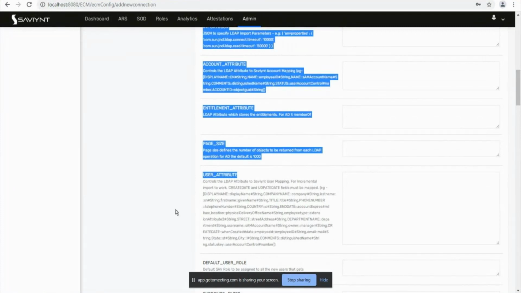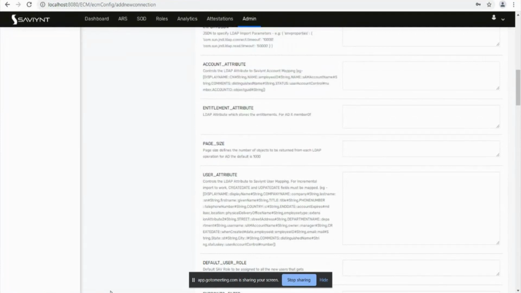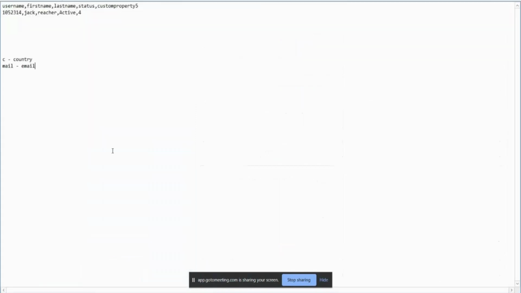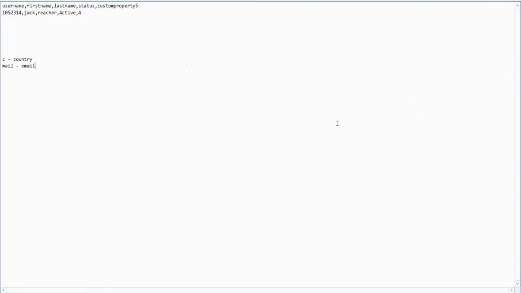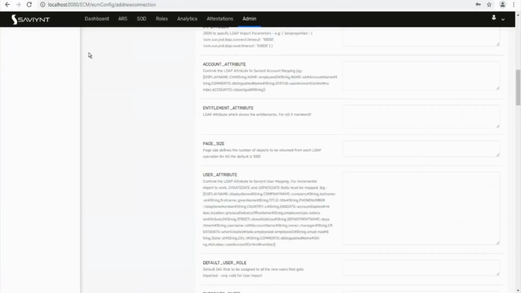The next attribute is the user attribute. So what is user attribute? Let me show an example. As I was talking last time also, the attribute in which the value is stored at the end application could be different from the attribute name in Saviynt. If you look at Saviynt, I'm just using any user. Don't worry about how it came, I'll tell you how it came. So if you look at any user, if I go here, if I click here,